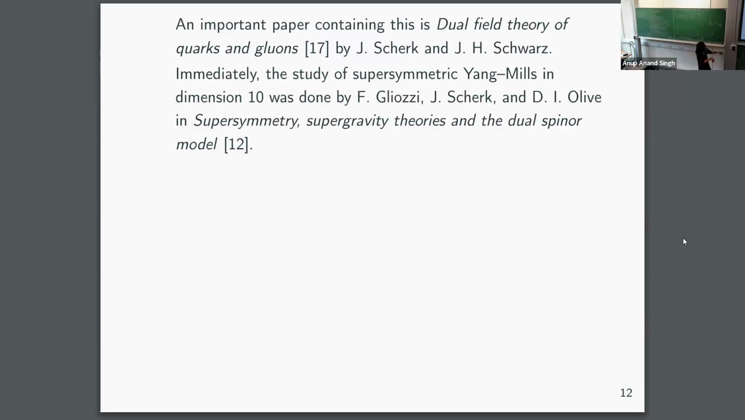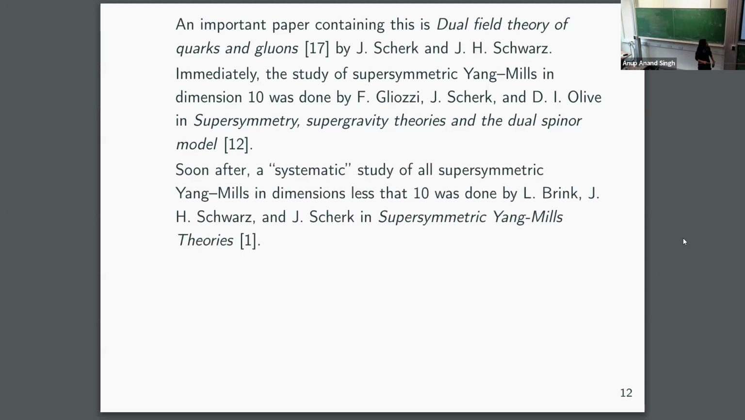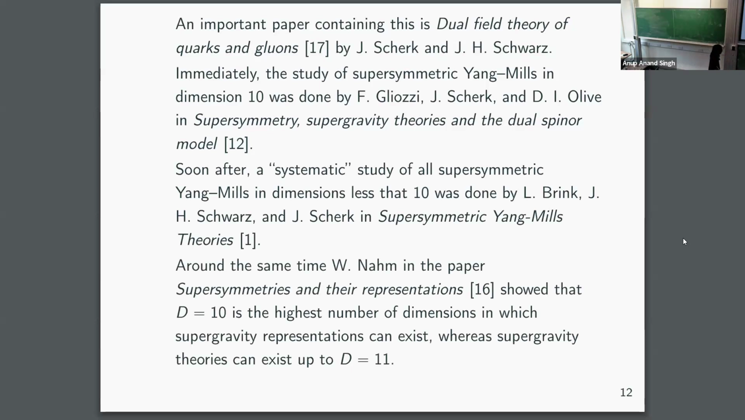And so now that supersymmetry is kind of popular, Sartre and these three people developed the supersymmetric Yang-Mills in dimension 10, followed by a study of supersymmetric Yang-Mills in dimension less than 10. They showed that you need dimension 2, 4, 6, 8, and 10 to talk about supersymmetry. And then Nahm, the same Nahm of the Nahm transform, wrote a paper called Supersymmetries and Their Representations, where he explicitly showed that dimension 10 is the highest dimension